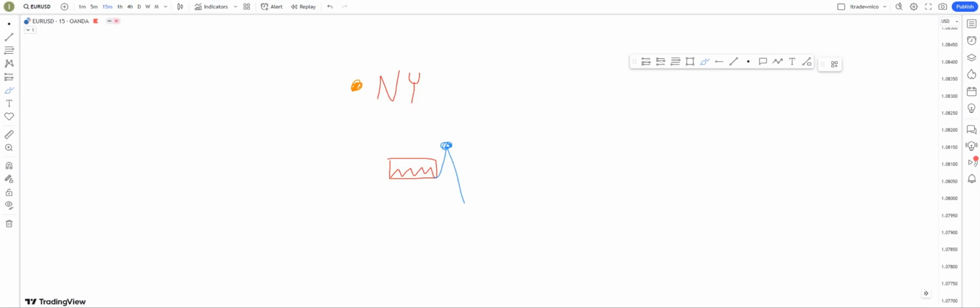Now, there are two main things that can happen. The first one will be a continuation of the London session inside New York. So basically, your target is, let's say, the low right here, and you come inside this picture. So you already took out the internal London session, and your target is down there. Usually, New York will offer you a continuation, right? So you can easily stack trades right here. That will be the main thing you can look for in New York.